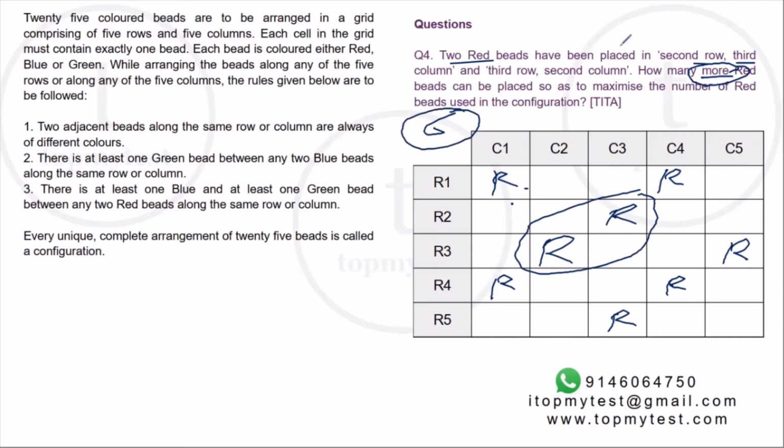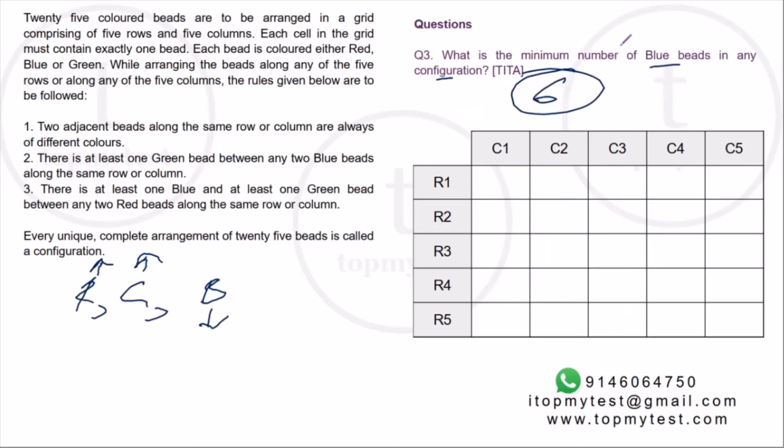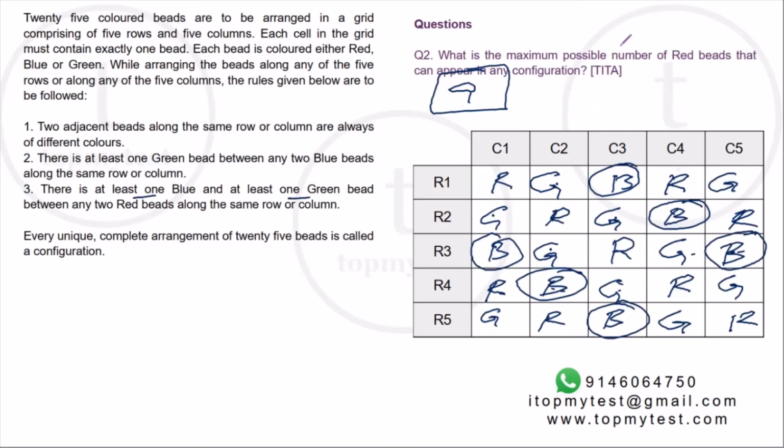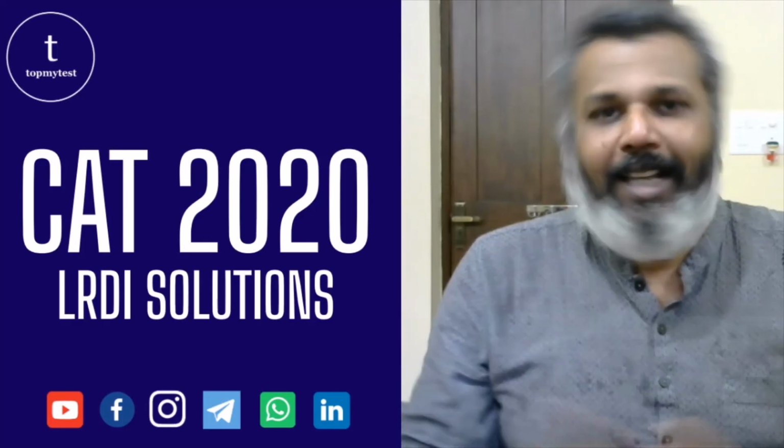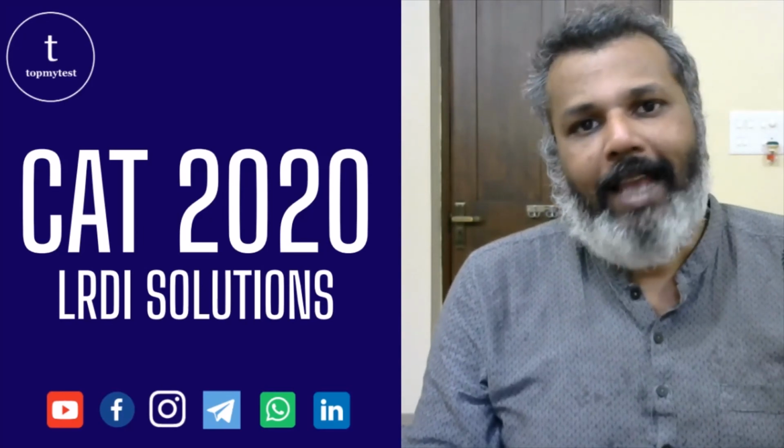So this was a pretty straightforward question if you understand the basics properly of this question, right? If you read the data carefully, then the question can be filled in very, very quickly. You'll roughly need about 1.5 to 2 minutes max per question. This question can be solved in about 7 to 8 minutes in an exam situation. A must-do set, especially if you have tried the CAT 2018 matrix filling problem. Very similar to that, maybe slightly tougher than that, but still one of the easiest sets in the CAT 2020 slot 2. That finishes this session on CAT 2020 LRDI solution.